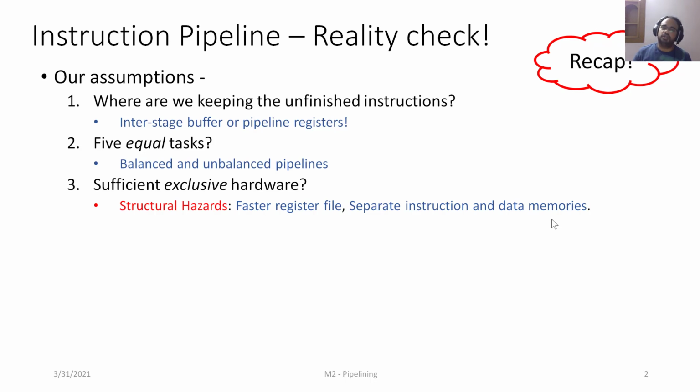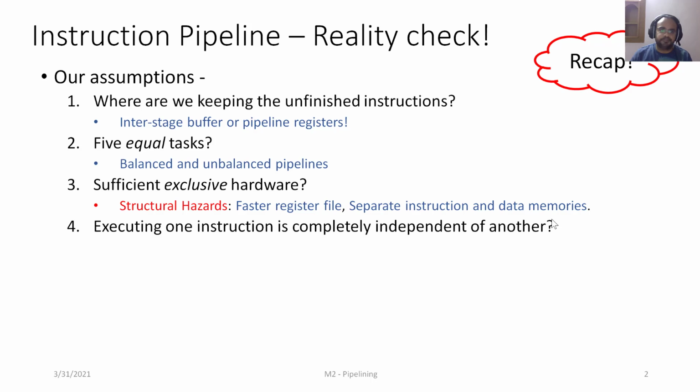Accordingly, we have introduced a faster register file which will work twice as fast as the other pipeline stages, and we also split the instruction and data memories so that they can be accessed independently during the fetch and memory access stage, right? And the fourth assumption was